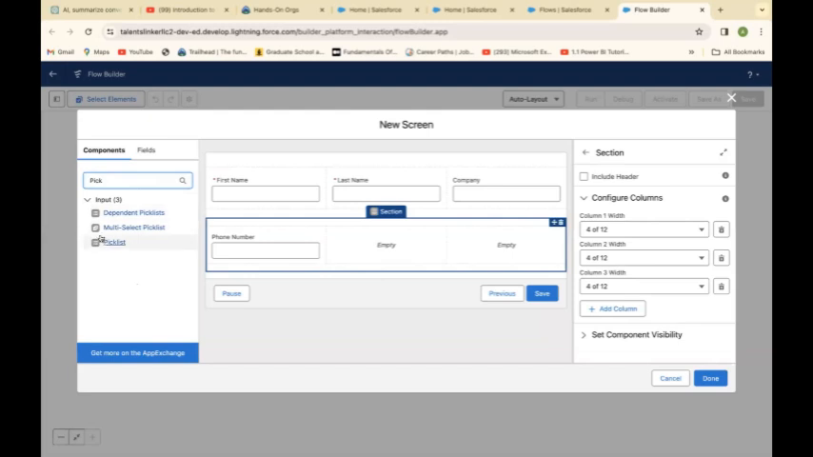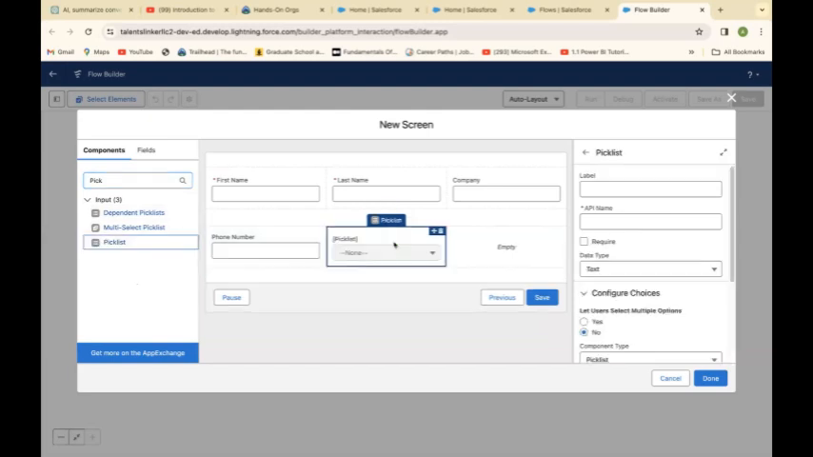Pick list. So I drag pick list to this place. Now that I drag pick list to it, I call it lead source. Okay. Then do I need to make it required? If by omission they don't get the lead source, they won't be able to enter into the platform if I make it required. So let me just leave it that way. Then